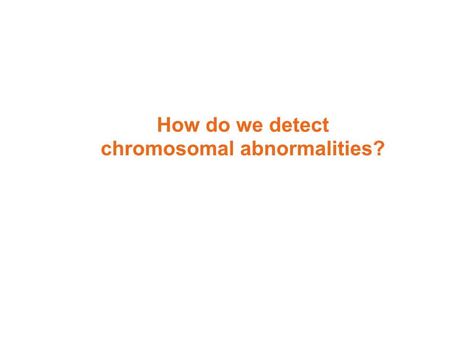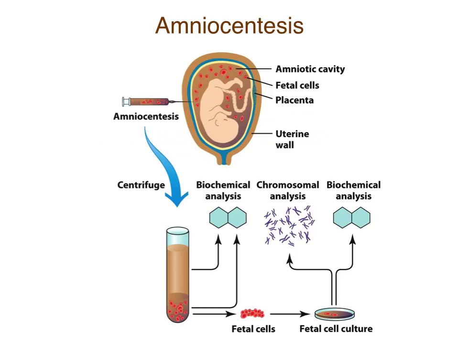Okay, so back to that earlier question from Christian, how do we detect these chromosomal abnormalities? There's basically two kinds of tests that we do. There's more than that, but we're just going to talk about two. One of them that maybe most of you have probably already heard of is amniocentesis. Amniocentesis is basically sampling the amniotic fluid.